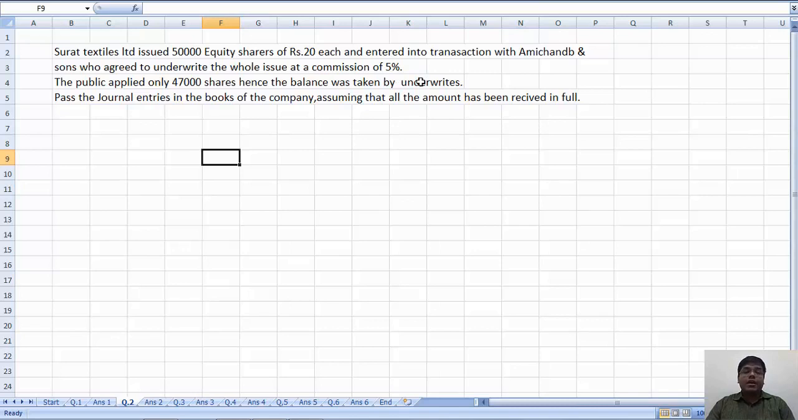Same as the earlier question, pass the journal entries in the books of the company, assuming that all amount has been received in full. So